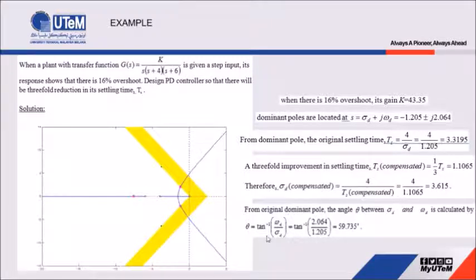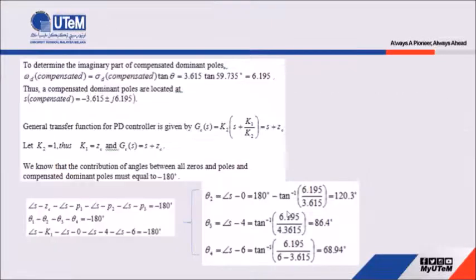We just put inside this formula sigma d equal to 3.615, and then for theta we use the same theta because we maintain the overshoot for the system. So we just put the same theta here, and from there we can calculate omega d. After calculating, we get omega d equal to